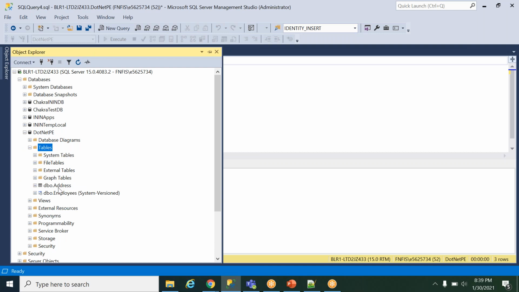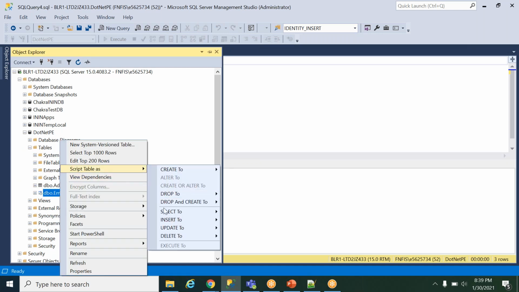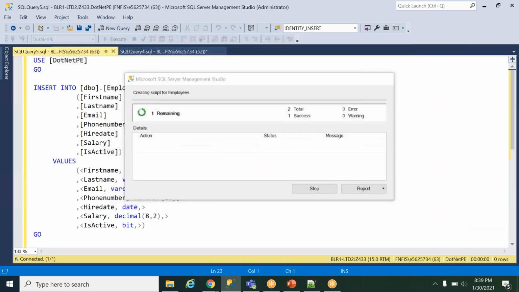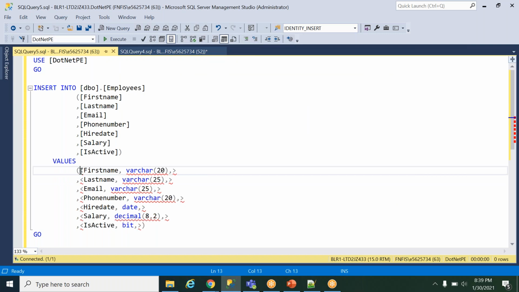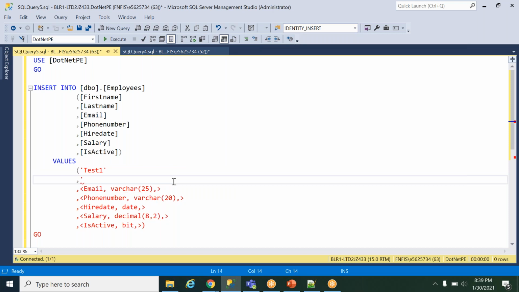Tables, employee, script. As insert2 I'm taking it, because for the first of the process itself I'm taking it. Okay, now I'm inserting employee name as test1, last name is again last name, email I'll give